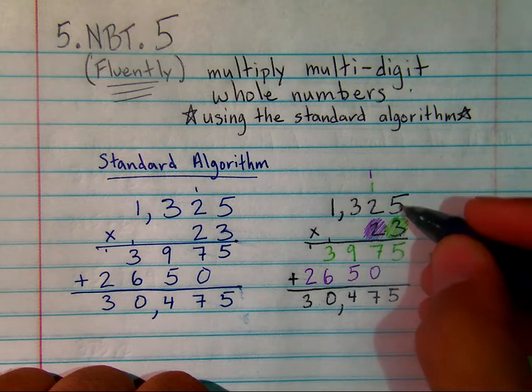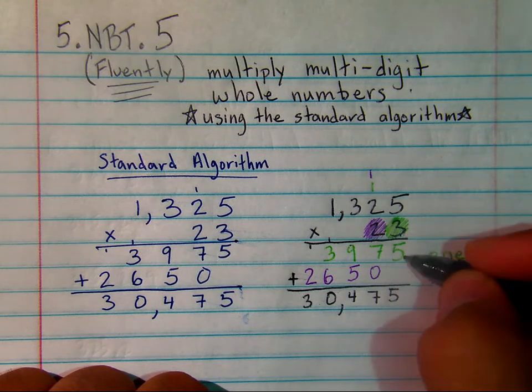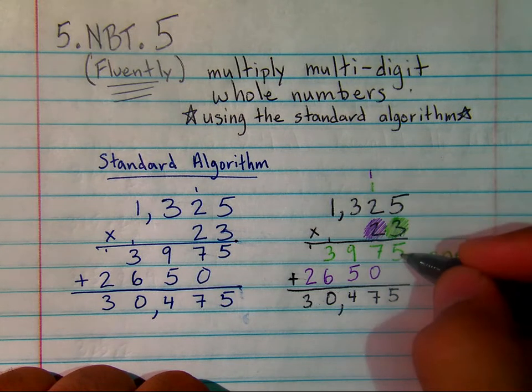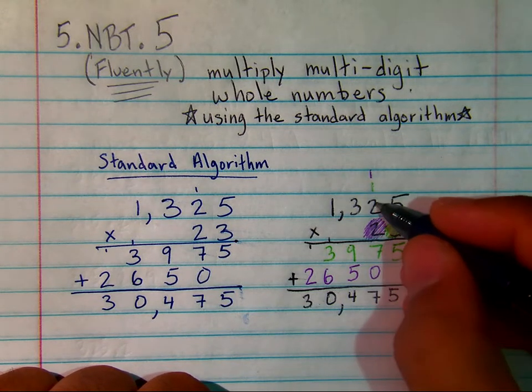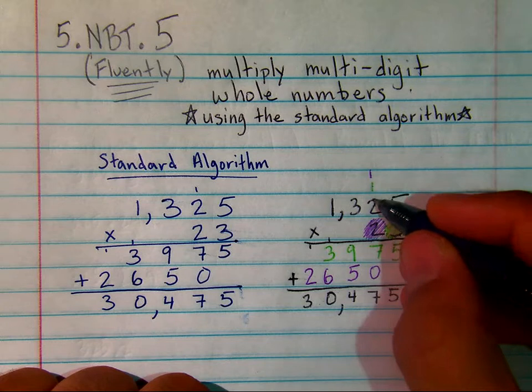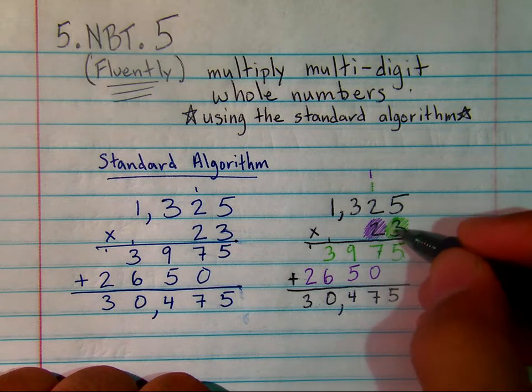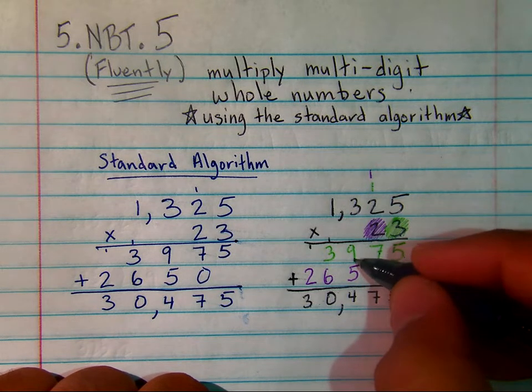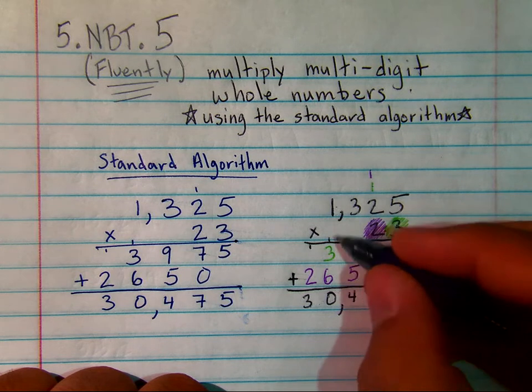So 5 ones times 3 ones. Well, that's 15 ones, which creates a 10 and 5 ones. 3 ones times 2 tens is 6 tens plus an extra 10 is 7 tens. 3 ones times 3 hundreds, well, that's going to create 9 hundreds, and so on and so forth, until you